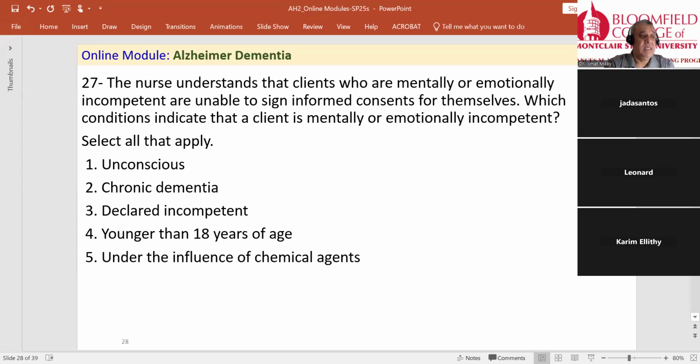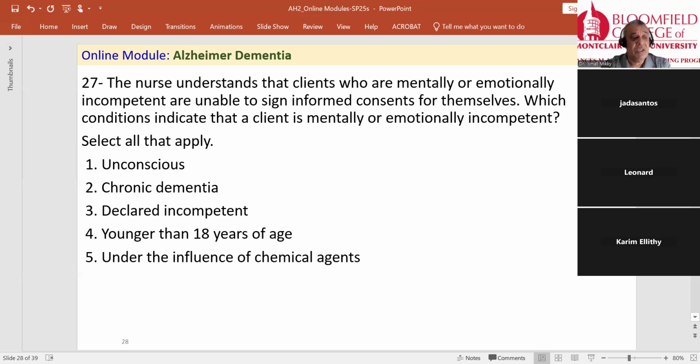Unconscious, yes. Chronic dementia, yes. And declared incompetent, absolutely, yes. That's it. So the clients who are mentally or emotionally incompetent would include the patient who is unconscious, the client with a chronic dementia or other medical deficiency that impairs thought processes and ability to make decisions. So it has to do with the chronicity of the condition, any medical condition, not just dementia, any medical condition that may negatively impact the thought processes and the patient's ability to make